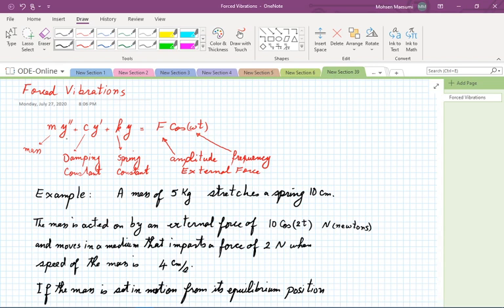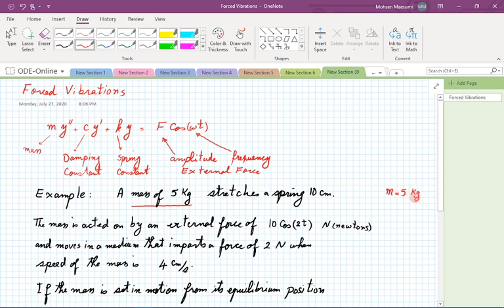Okay, now let's go ahead and take this problem. First easy part is translating the problem into a mathematical statement. So what do we need to do? Of course, we need to find these ingredients. In addition, there is an initial condition, y0, y prime 0, and so on. So let's see one at a time. What does this refer to? That's the easiest part. That just refers to m being 5,